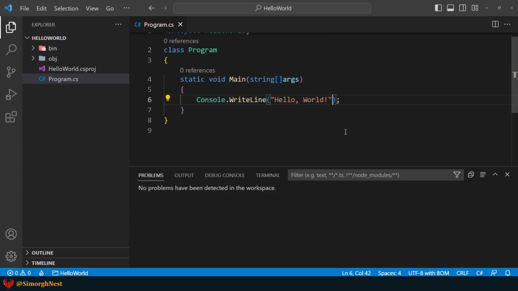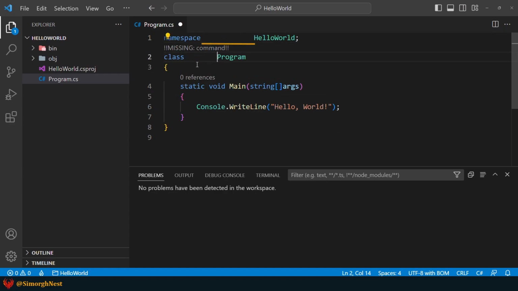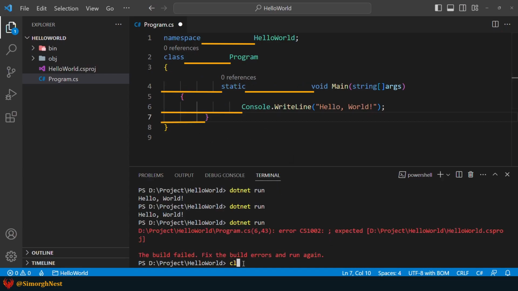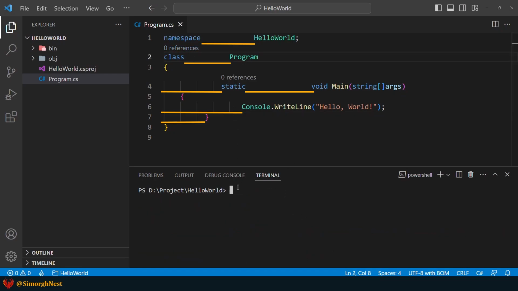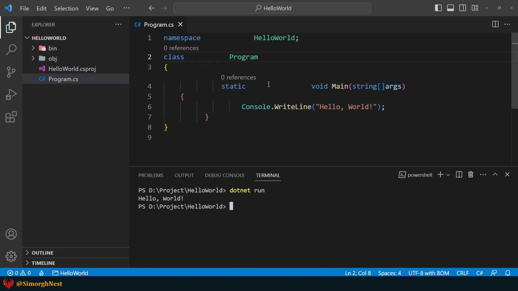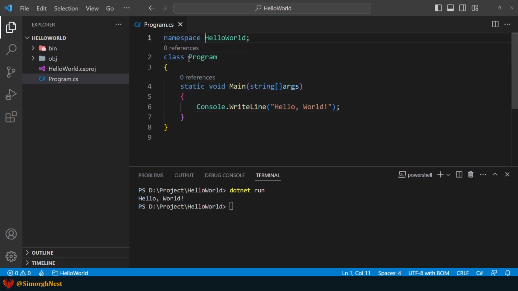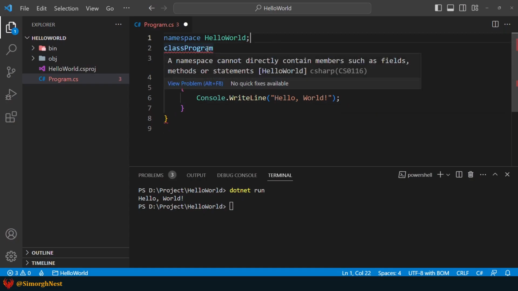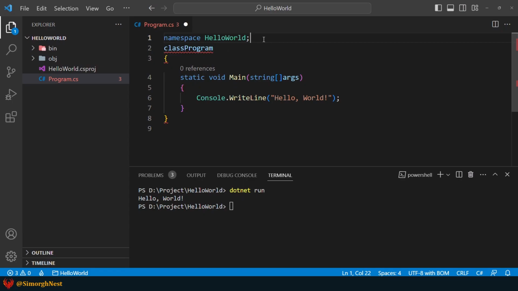Okay, let's act against another C# syntax rule. In this example, the C# compiler ignores all spaces except separators. Now, let's clear the terminal with the cls command and run the application. As you see, the application works fine. But if we remove the separator between class and Program, the compiler complains again. As you can see, without separators, our application structure is messed up.